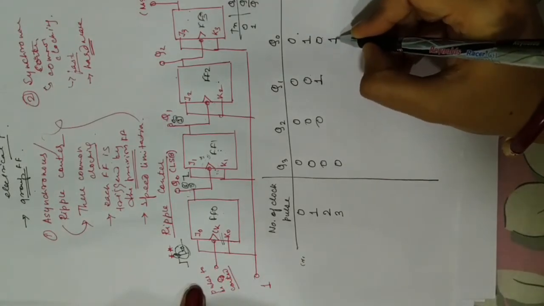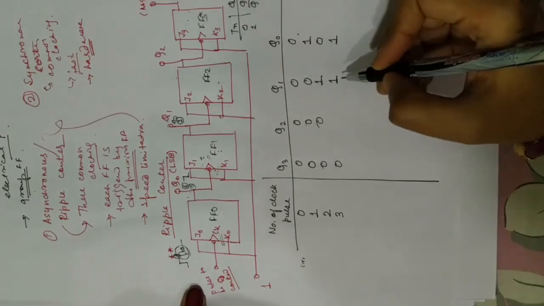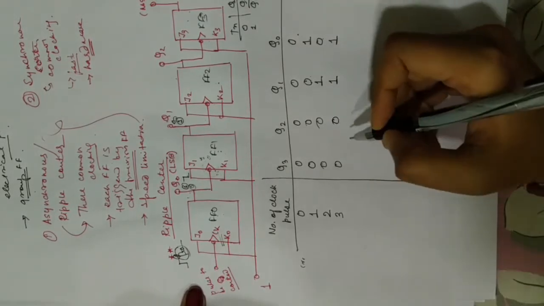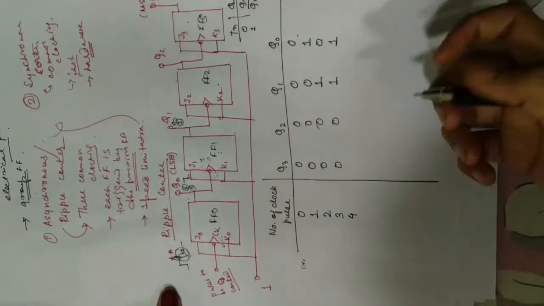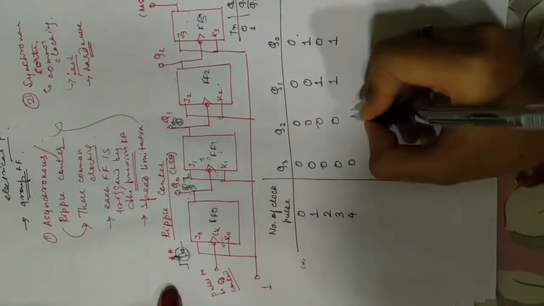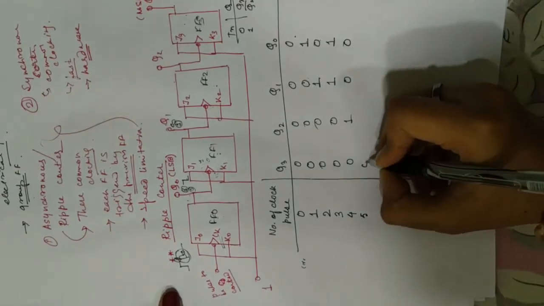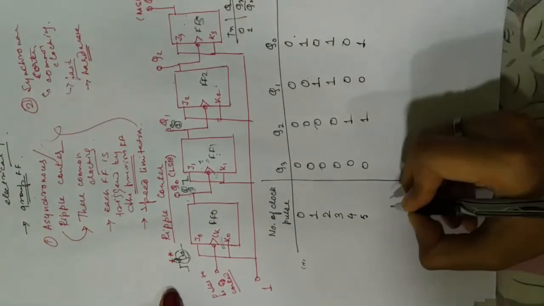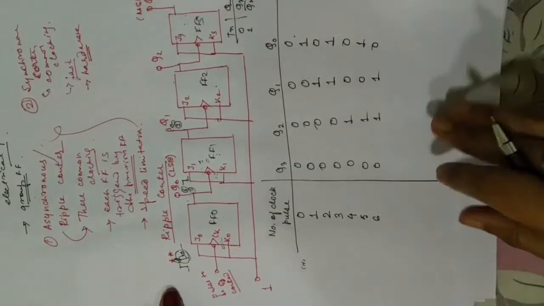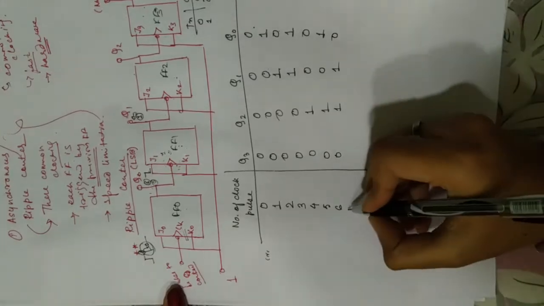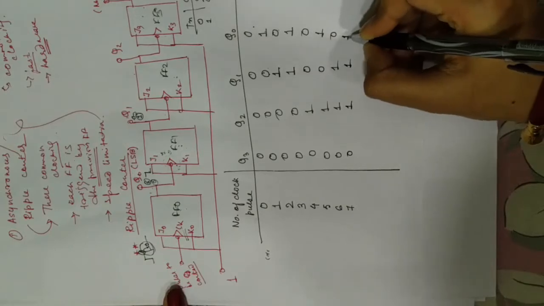The next step, this becomes again a 1. Since this has changed from 0 to 1, this won't change state, this remains a 1, and even this remains a 0, right? So something like this you have to complete. If you go on, you will see this functions like this: 0 1 0 0. 5 is 0 1 0 1. 6 gives you a 0 1 1 0. 7 gives you a 0 1 1 1.